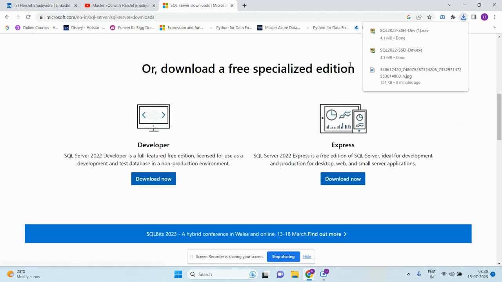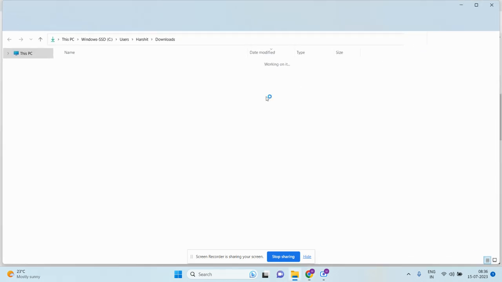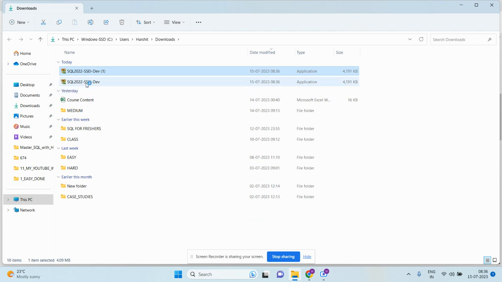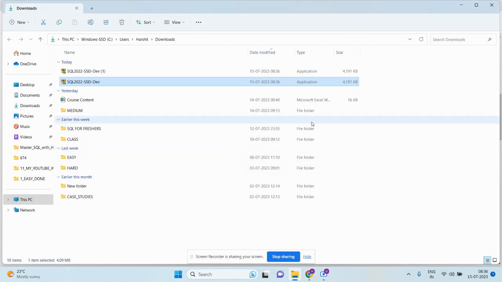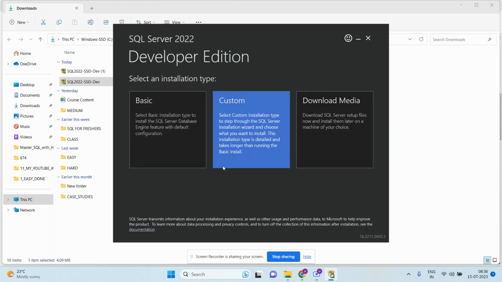Then it will download some kind of exe in your download folder. Then you have to go to the download folder, and then you need to start to install that exe in your system. So let me click yes over here. So it will give us this kind of